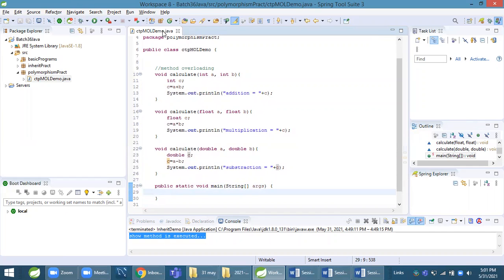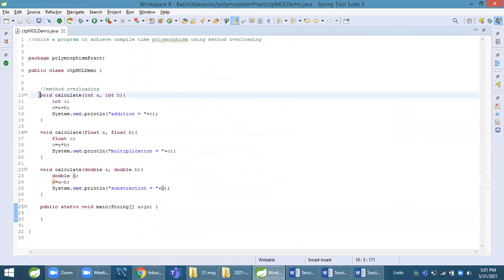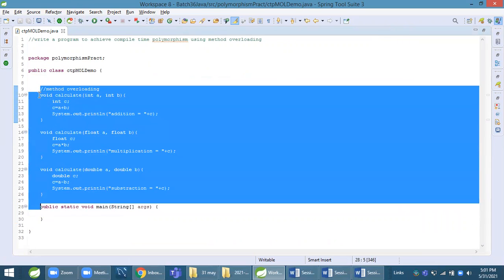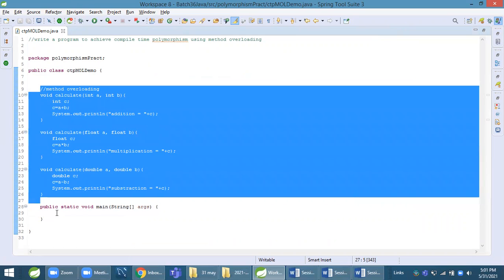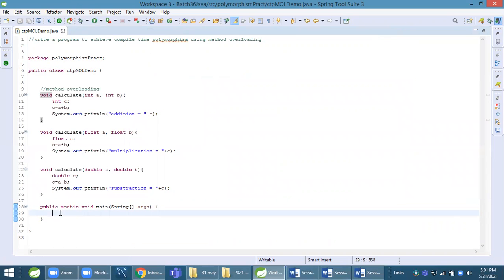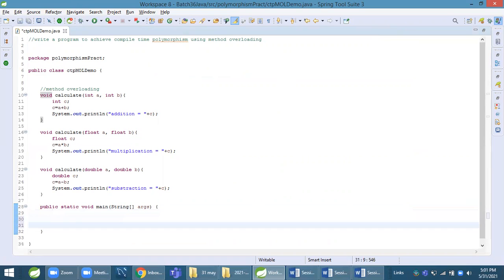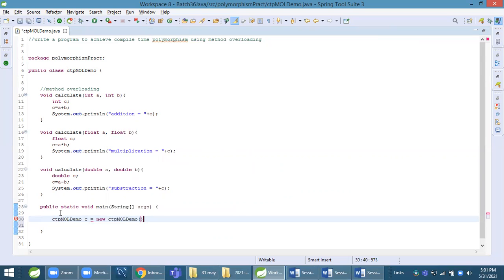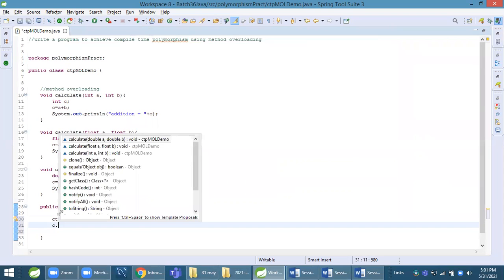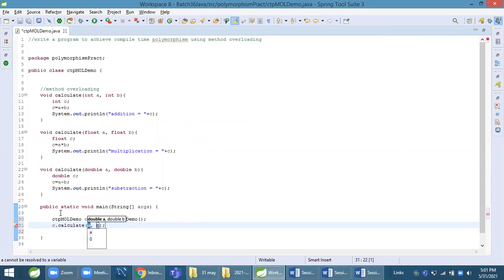Now, how is the method overloaded? It depends on the parameters we send; the method is selected accordingly. For example, if I create an object of the class, let's say C, then C dot calculate method.